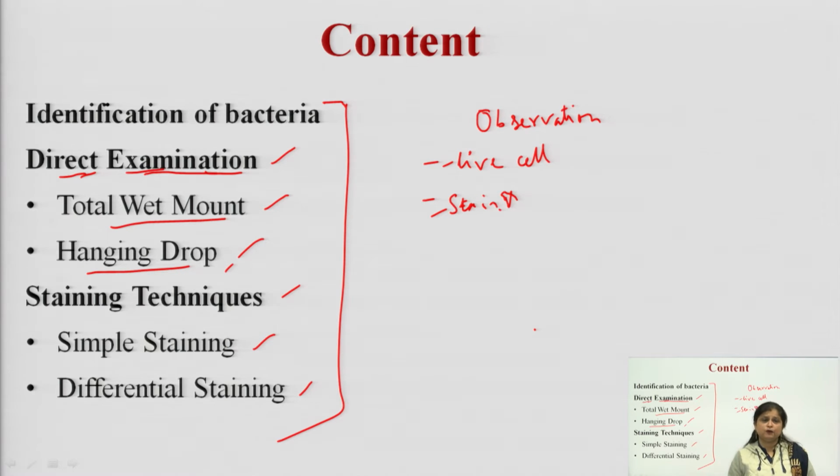And staining techniques I will discuss in my next lecture, how we can stain our microorganism and what the main requirement of staining is. If you remember my previous lectures on bright field microscopy, why staining is required and why we can't see. Sometimes the cells are transparent in nature, and when any of the organelles or specimens are transparent, we can't see those specimens directly on the slides under the microscopes if we are going for bright field microscopes.